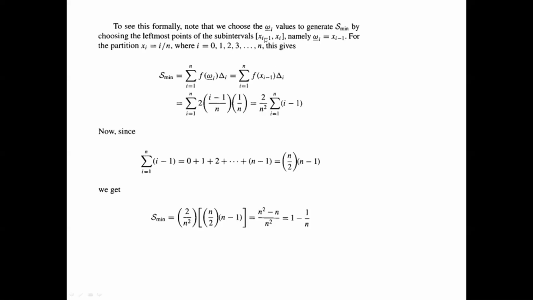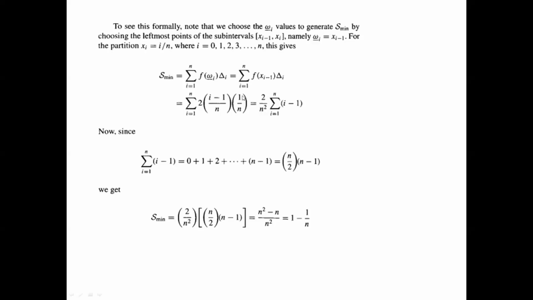Remember that if your subintervals are like this, x(i minus 1) is omega L. On the other hand, x(i) is omega H. So here we are taking omega L. That means we have to sum x(i) minus x(i minus 1). So here we have written the Riemann sum. Here, instead of omega underscore, we have put in x(i minus 1).